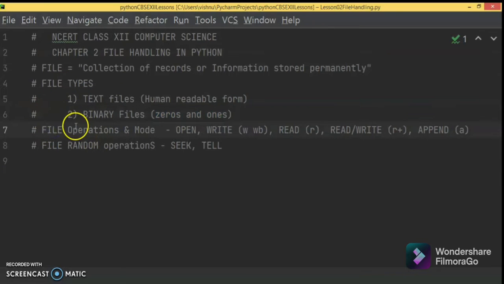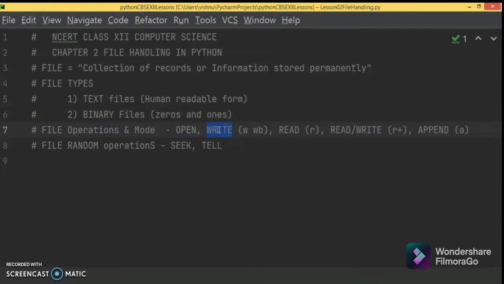Next, how we can operate on this file. First, if you want a file, we need to create a file. Let us take for example sample.txt. It is a Notepad file. Txt is a text file. Sample.txt is a Notepad text file and the name I am giving is sample. So we will have different operation modes, like first you need to create a file or open a file. If it is already created, you can open the file. If that file is not created, it will automatically create the file for the first time. So this is the operation.